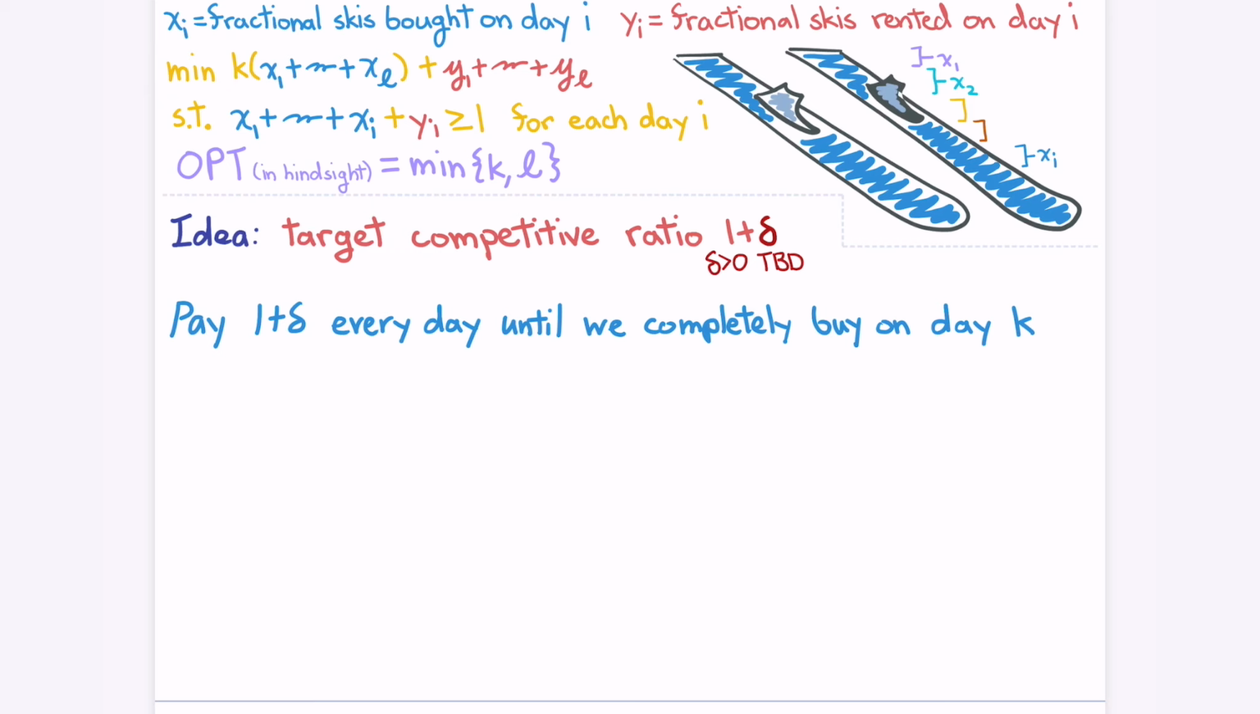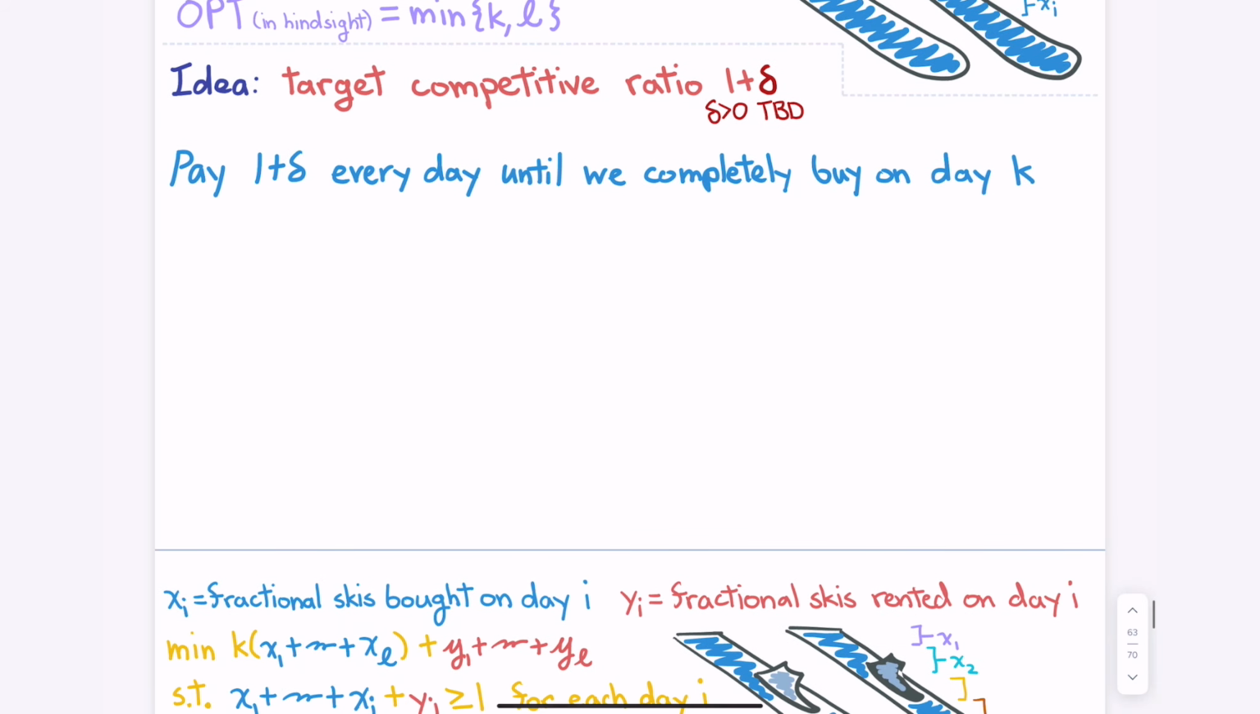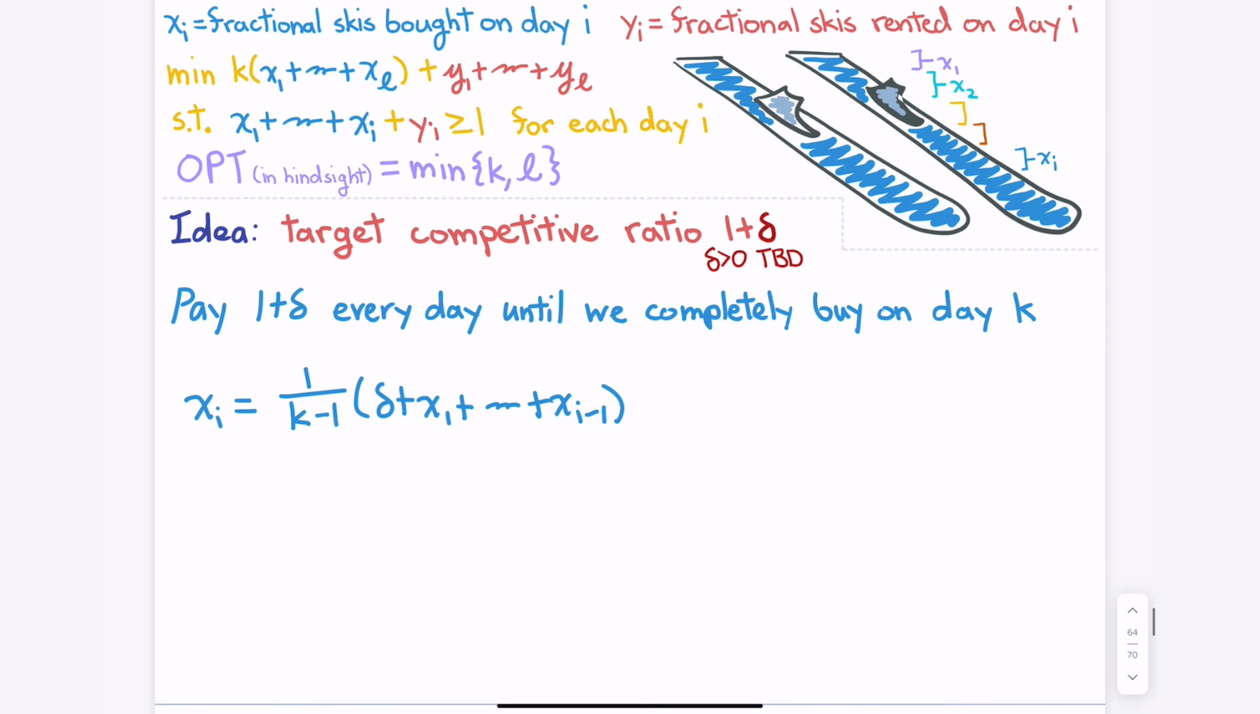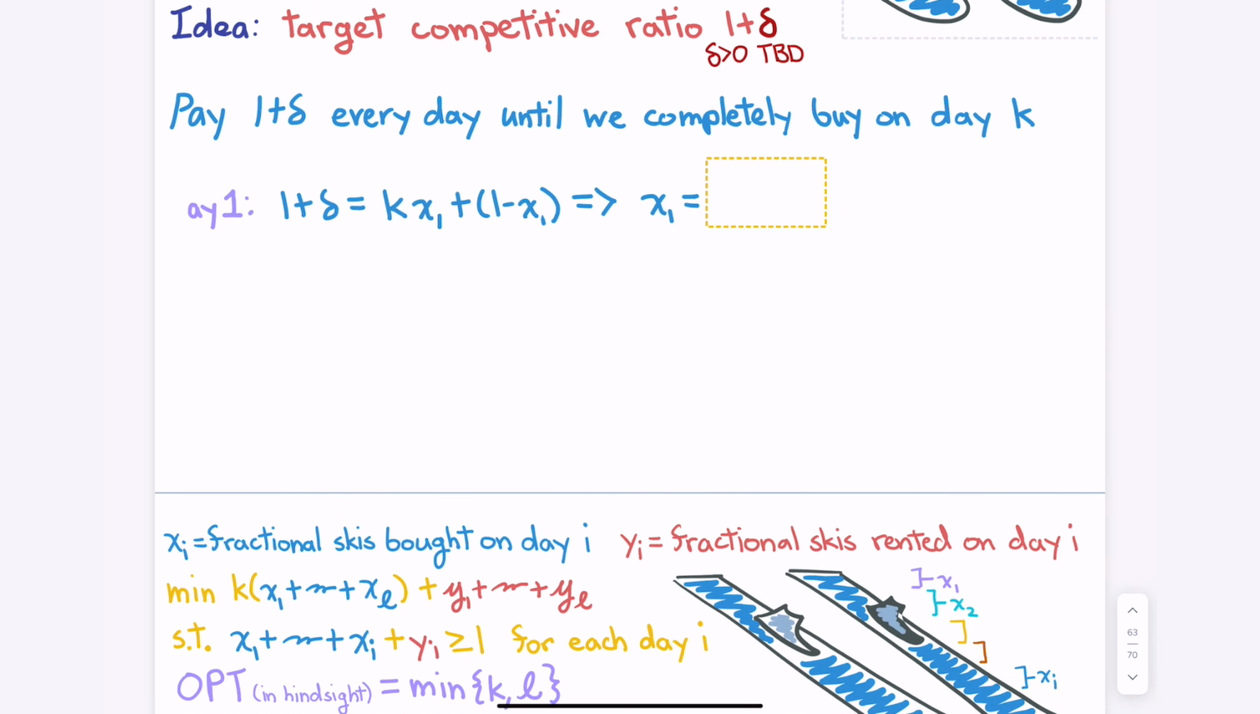So I should commit to a 1 plus delta ratio, buy as much as I can and rent the rest, so that I'm paying at most 1 plus delta on the first day, 1 plus delta times 2 by the second day, and so on. Okay, so if you start working through this,